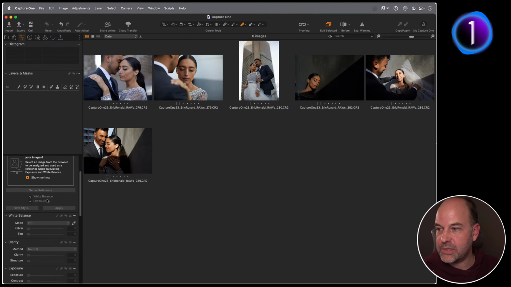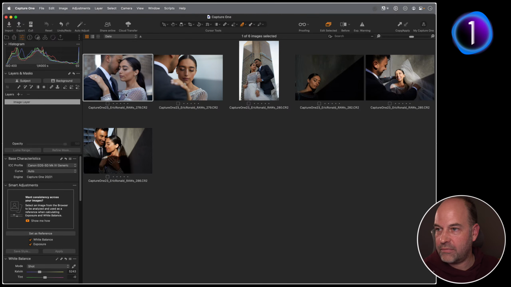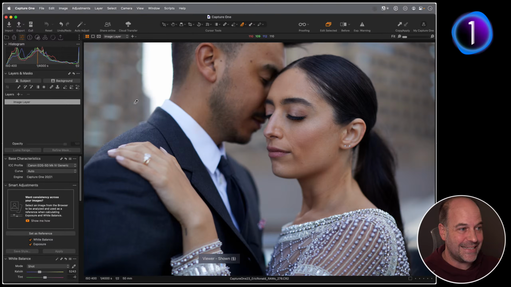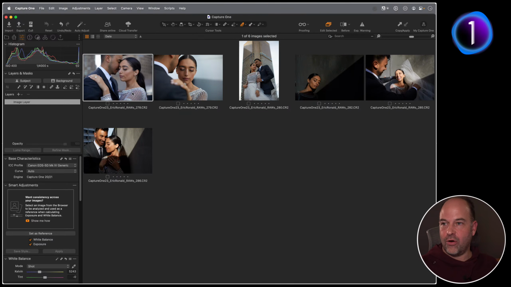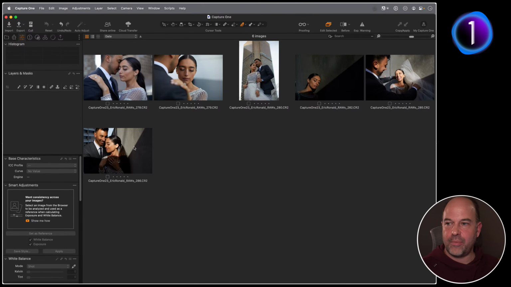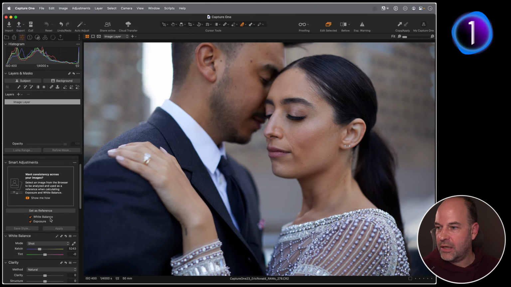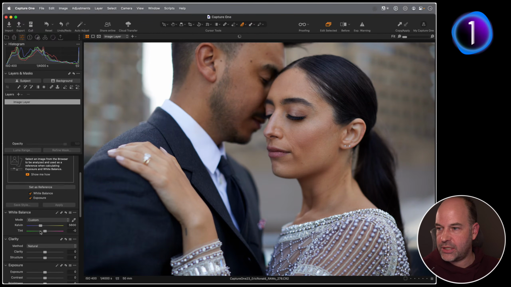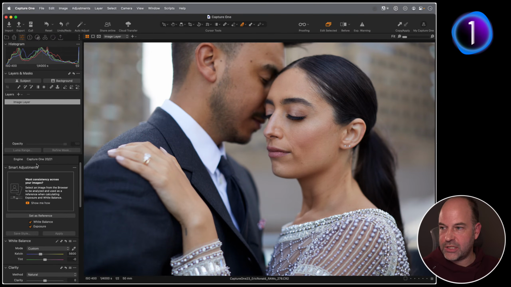So what are smart adjustments? First of all, we're going to very quickly recap that because it's dead easy. Smart adjustments are a way of using facial recognition. Just checking they're all reset. Yep, facial recognition to even up a series of pictures to have the same exposure and white balance. So it's better to see it rather than try and explain it. With this picture, I'm going to warm it up a touch and go a little bit brighter. And I'm going to say in the Smart Adjustments tool, this is my reference.